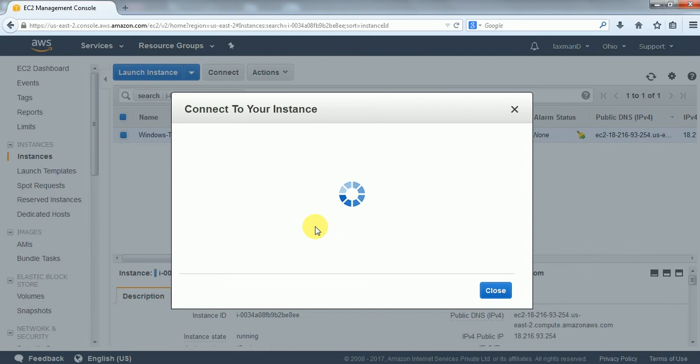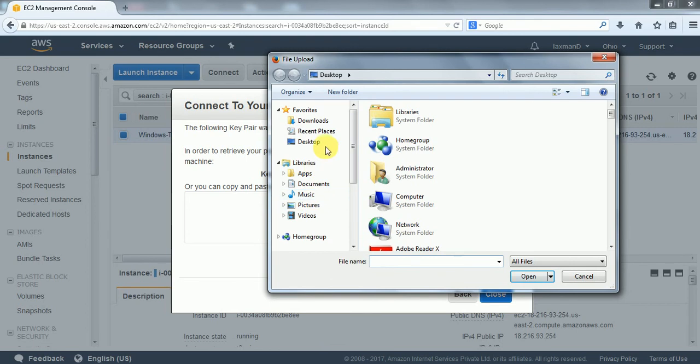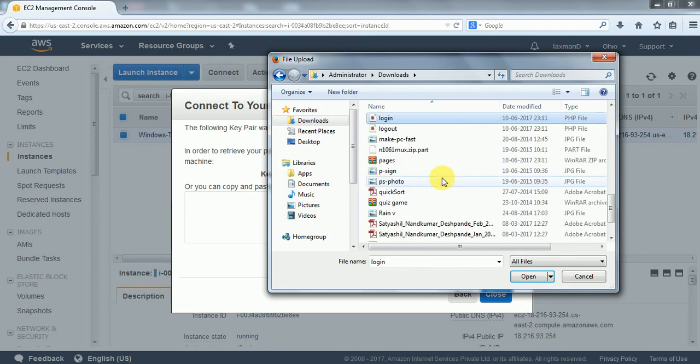To get the password we have to provide the key pair path which we had selected on the last step of instance launch. So we'll just browse, go to our downloads, and then we'll see